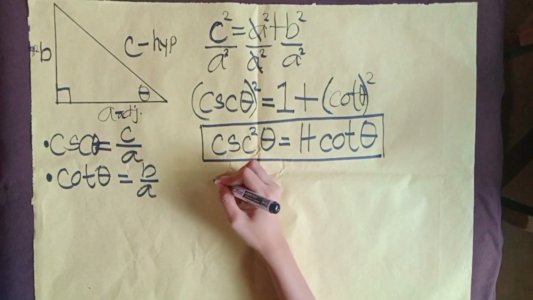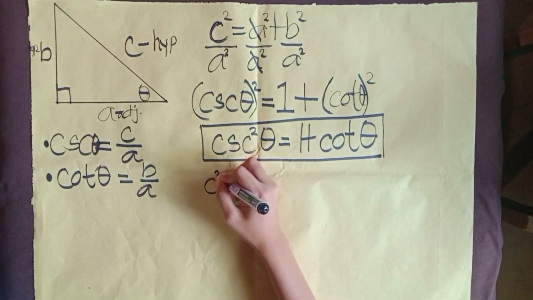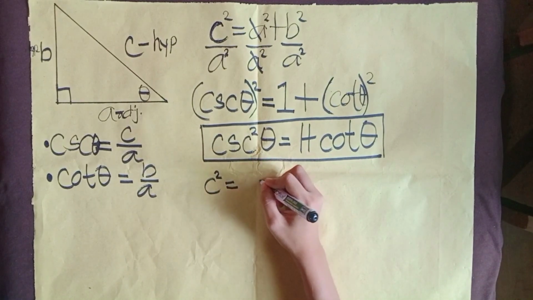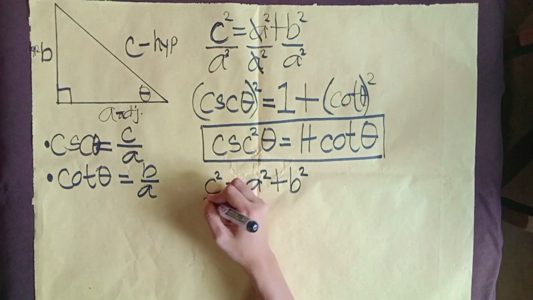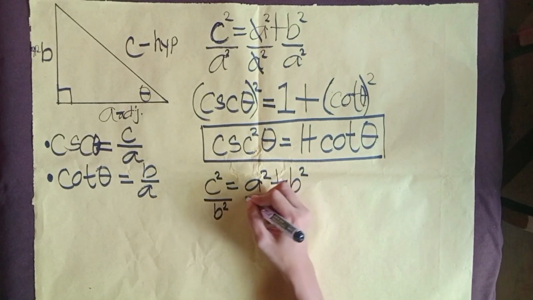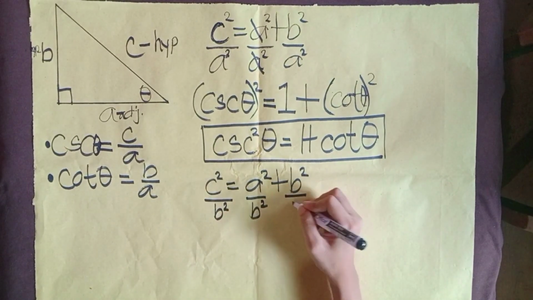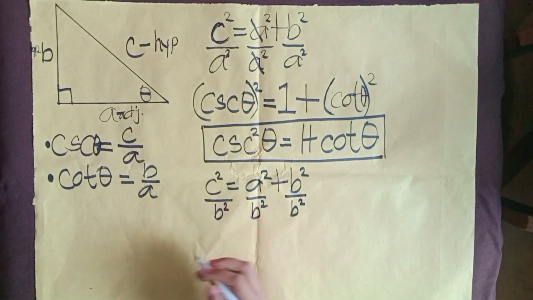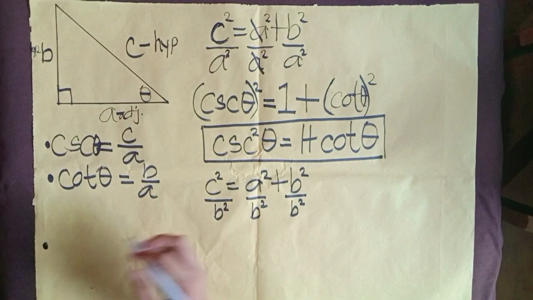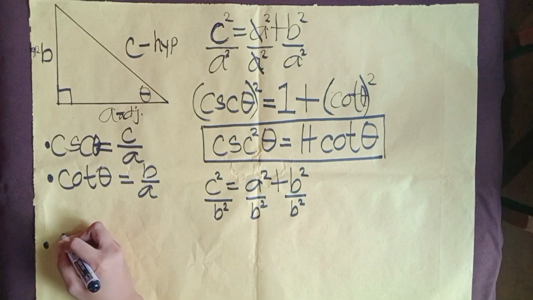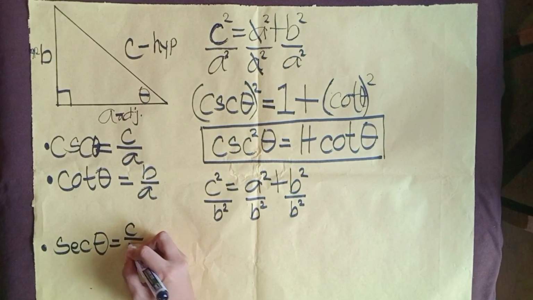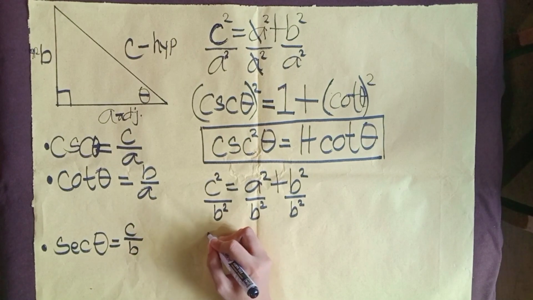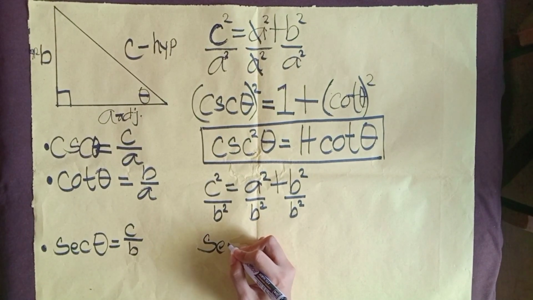So, we derive another identity. Again, from the Pythagorean theorem, c squared equals a squared plus b squared. Divide both sides of the equation by b squared. C over b, that is hypotenuse over opposite, that is secant theta. So therefore, that is secant theta